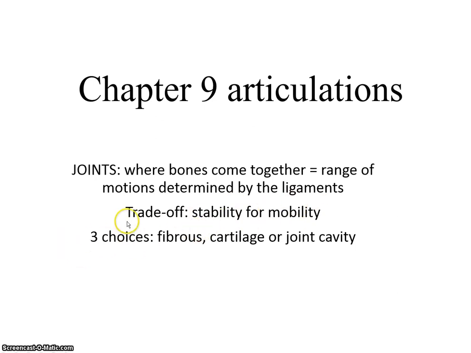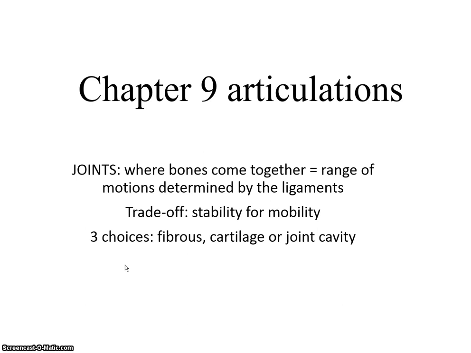All right, there are three basic groupings for our joints, and that's the fibers, the cartilage, or a joint cavity. And that's going to have to do with synovial joints. So we're going to categorize them based on, this is kind of structural, right? So more collagen, more cartilage, and kind of a mix of a few things, but that includes fluid in a space. And the way they function. So there's going to be a couple different ways we're going to group them and think about them to try to remember them and apply them, right, to